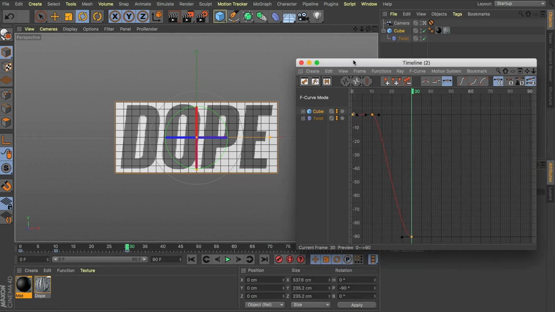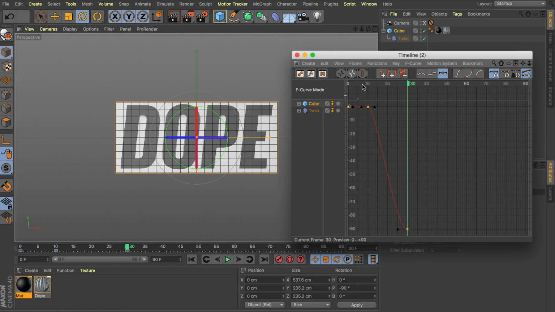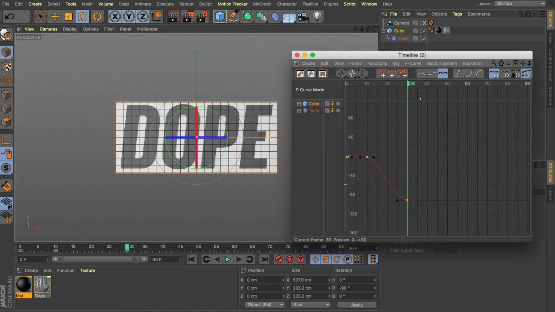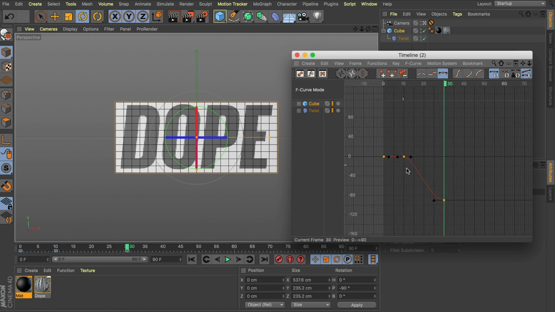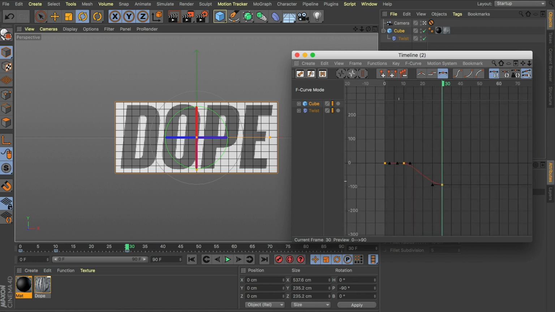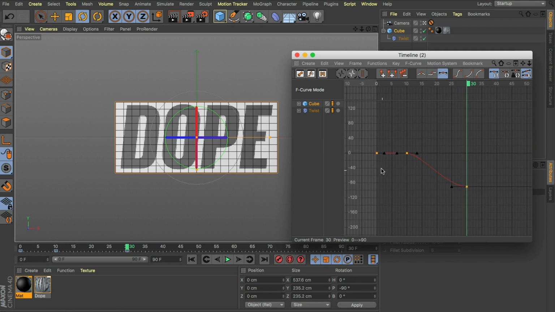All right, let's grab our cube. I'm going to come into our F-curve timeline. Now with just the cube selected, you can see here, if I zoom out a little bit, these three keyframes are our 0 to 30. We can see we hold from 0 to 10 and then slowly ease between those next two keyframes.